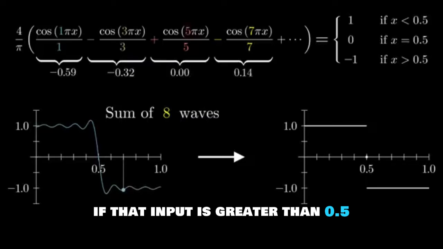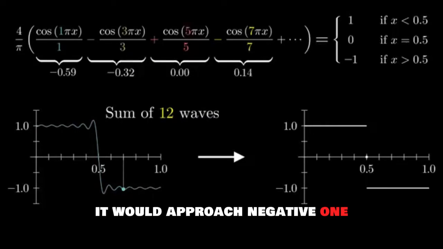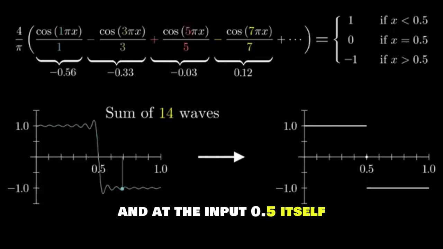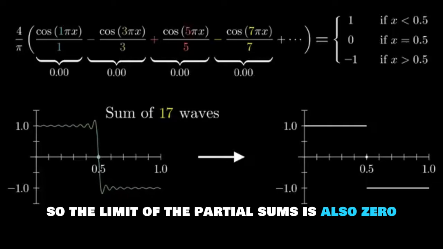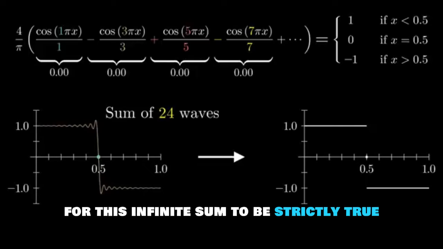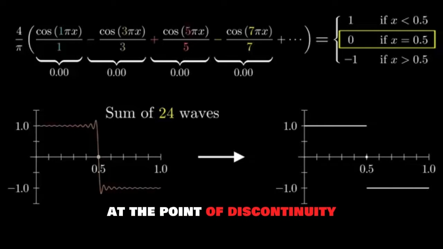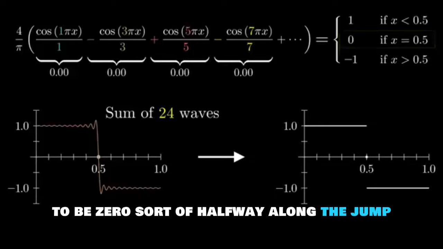If that input is greater than 0.5, as you add more and more terms, it would approach negative 1. And at the input 0.5 itself, all of the cosines are 0, so the limit of the partial sums is also 0. And that means that, somewhat awkwardly, for this infinite sum to be strictly true, we do have to prescribe the value of this step function at the point of discontinuity to be 0, sort of halfway along the